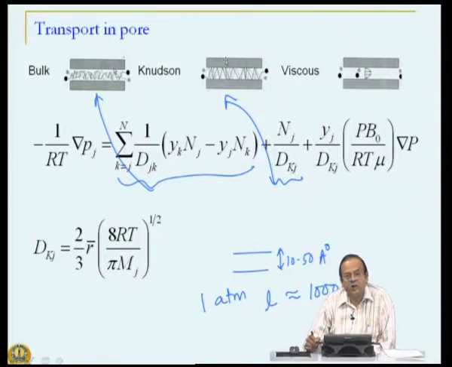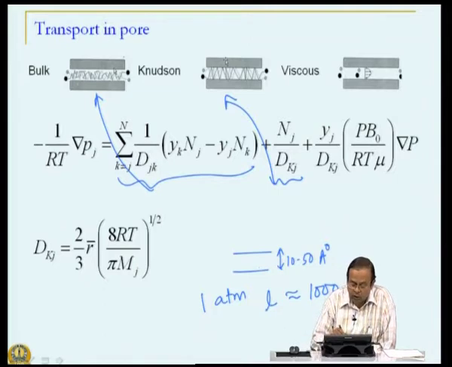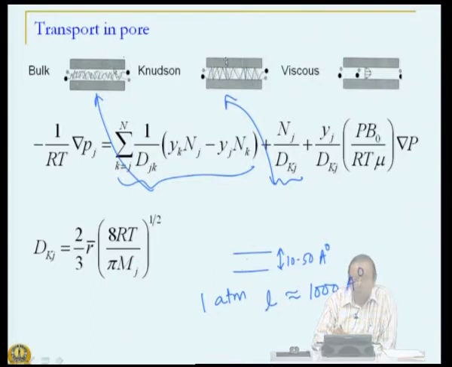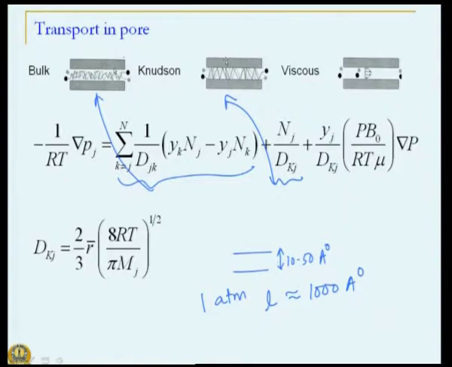So, if your pore size is in excess of, let us say, 10,000 microns, then there is a good chance that molecule-to-molecule contact will take place and diffusion can happen. But what if the size is only 10 angstrom? A molecule has to travel about 1000 angstroms to hit another molecule, but before it can do that, it will hit the wall, because the pore size itself is 10 angstroms, and hence this is what we call Knudsen diffusion.